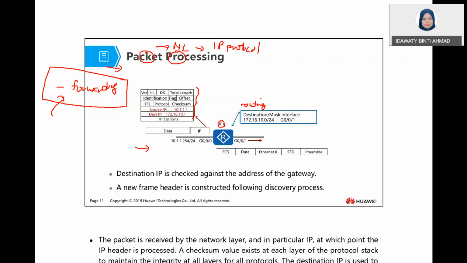A frame arrives at this interface G000, which is a gigabit Ethernet interface. You receive an Ethernet frame, and then you do some processing with it. Look at the destination MAC address, and then calculate the CRC and everything. When everything is okay,